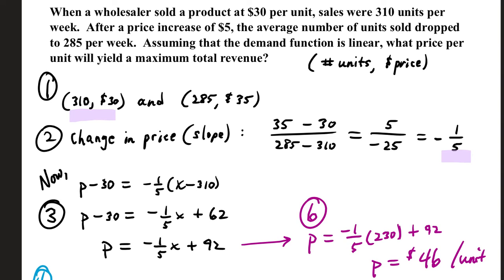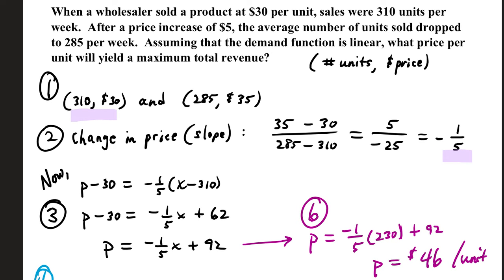Maximum total revenue. So we're going to set up this information given in ordered pairs: number of units and price. The first sentence told us that when the price was $30 per unit, 310 units were sold in that week. But when the price was upped by $5, increased to $35, the number of units sold dropped to 285. We are told that the demand function is linear, so what we're doing is we're going to eventually build